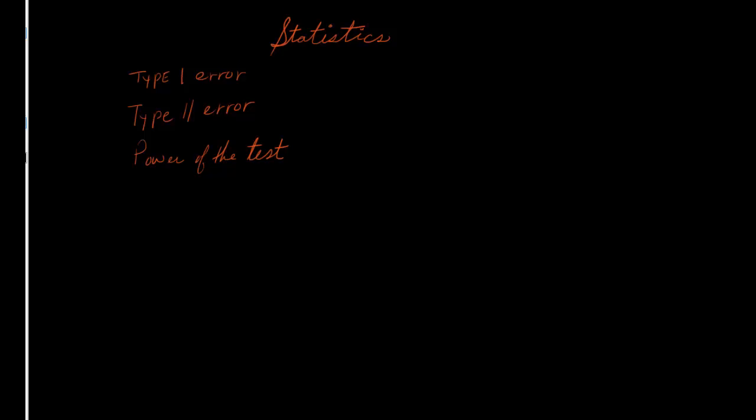Hello. Today I want to go over some topics that have to do with hypothesis testing. And we know that there are two kinds of errors we can make. We can make a type 1 error, which is to reject a true null hypothesis, or a type 2 error, which is to fail to reject a false